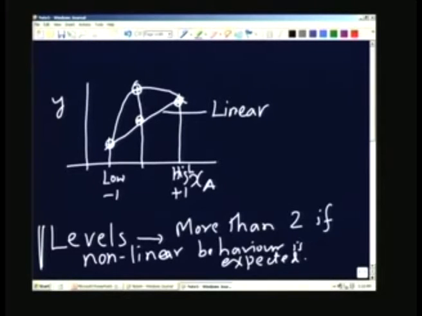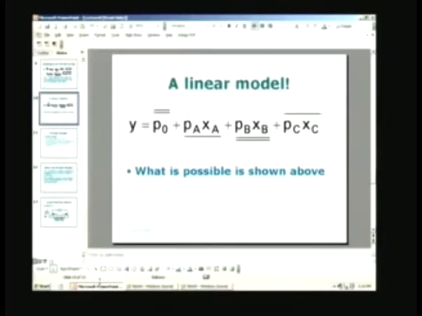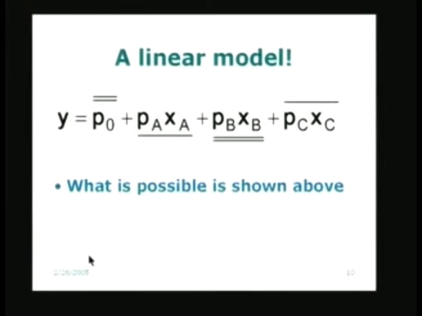So, these are some of the ideas which one must keep in mind before jumping into any experimental activity. Do some exploratory experiments, find out whether it is linear or non-linear, and what are the factors that need to be resolved. Once you have this information, we can go for a more complete experimental program and complete the experimental activity which we have in mind, and that will give us the maximum amount of information, or the amount of information which is required to be obtained. So, with this background, let me now go back